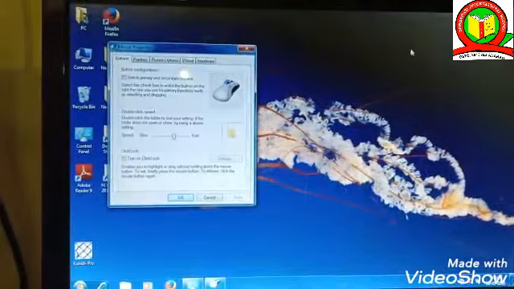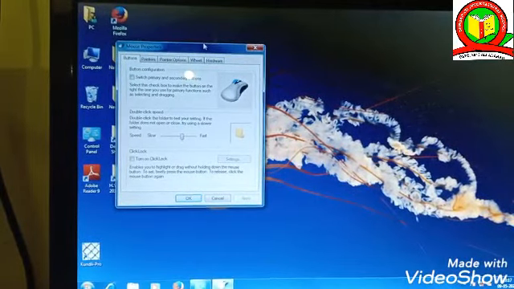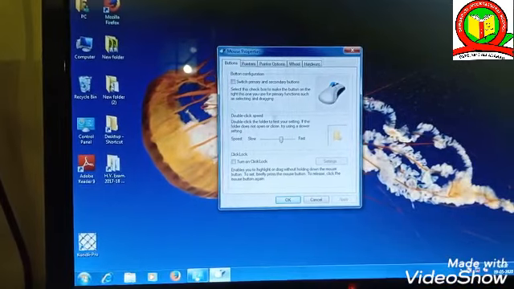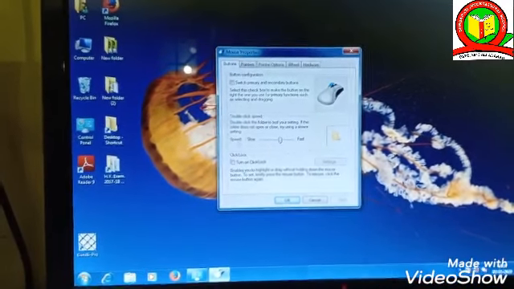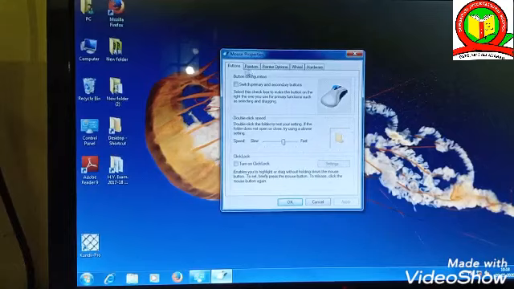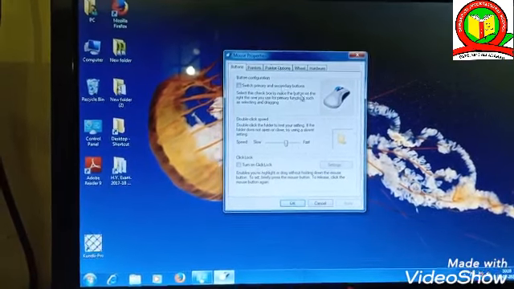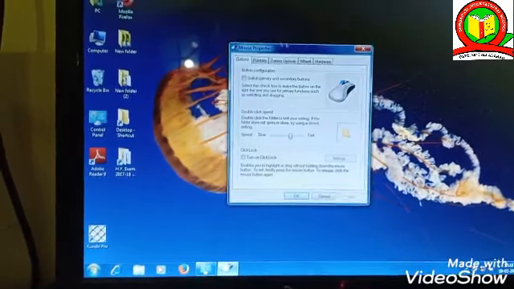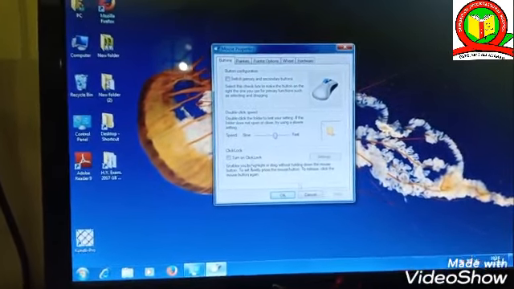As we have clicked the mouse icon, you can see devices and printers groups on the right side of the window. The mouse properties dialog box has appeared.